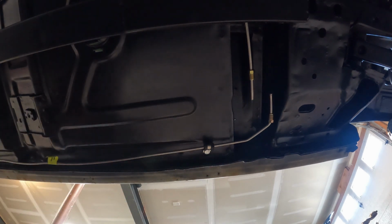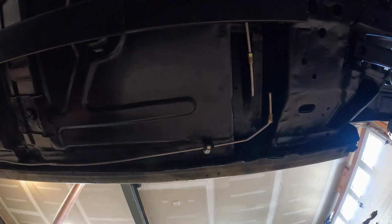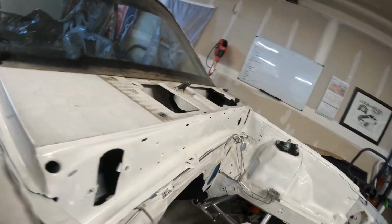I should not quit my day job. Not bad though. It's close, right? It's close. I think we could bend it into shape. But this looks pretty good. Very sturdy, not going anywhere. Honestly, I probably could have used another one right here. And now up here,